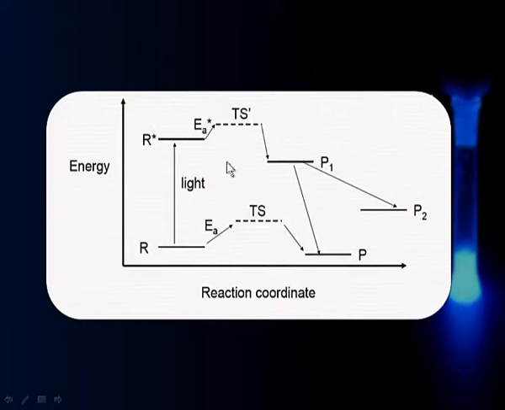On the other hand, in the presence of light, that is, if you are doing a reaction photochemically, this reactant gets excited electronically, and thereafter it can get into an electronic excited state, a transition state, then you can get a product, and the product can further get into different kinds of products. So it is just an overview which tells you pictorially how the two kinds of reactions are different. We will not spend more time on this; we will come back to it a little later, maybe a session or two later.